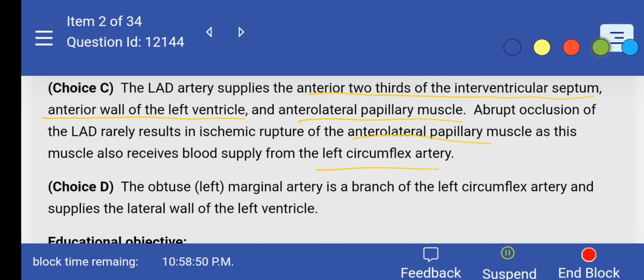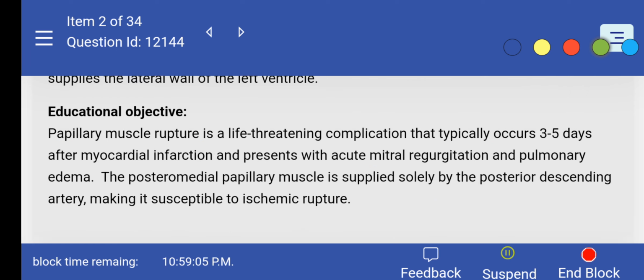Why not option D? The obtuse marginal artery, that is the left marginal artery, is the branch of the left circumflex artery that supplies the lateral wall of the left ventricle. So papillary muscle rupture is a life-threatening complication that typically occurs within 3 to 5 days after MI and presents with acute mitral regurgitation, and this is important, and pulmonary edema. The posterior medial papillary muscle is supplied solely by the PDA, that is the posterior descending artery, making it susceptible to